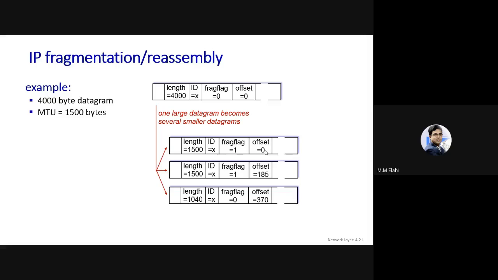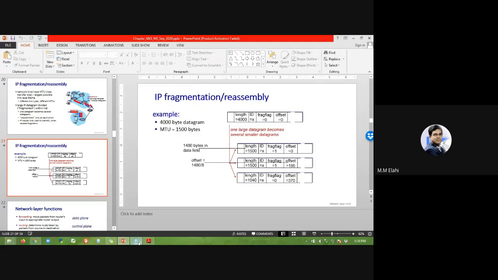Divided by 8. Actually it should be 1480, right? Notice here there is 185, there is 370, this should actually be 1480, right? So if we go here again,